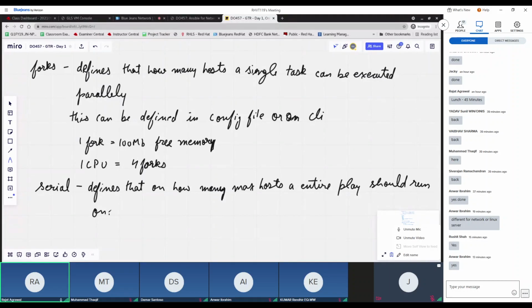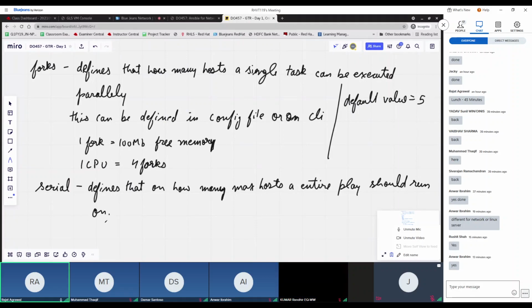That is what is defined by serial. This is generally used to implement rolling update or rolling upgrade scenarios. Okay, by default the value of serial is 0. The default value of forks is 5. Okay,